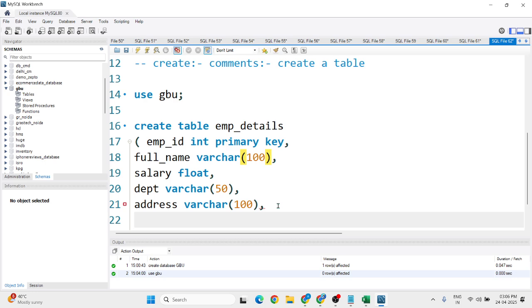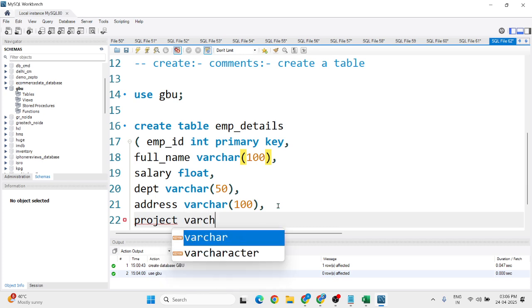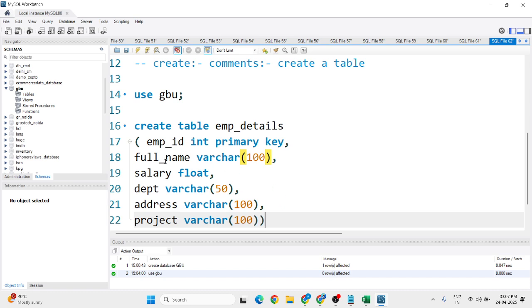Now what about the department? Okay, the department that he or she is working on is done. Salary is there, address is there, full name. And let me give the project that any employee is working on. Again the project is a column name, varchar is a data type, and let me write the varchar length as 100, right? Now you just need to close the